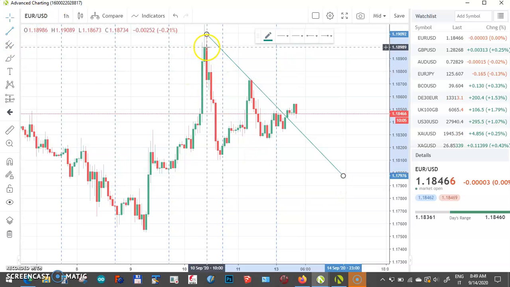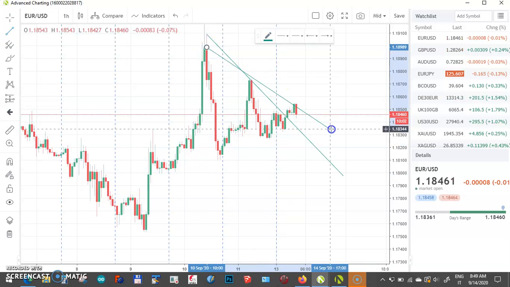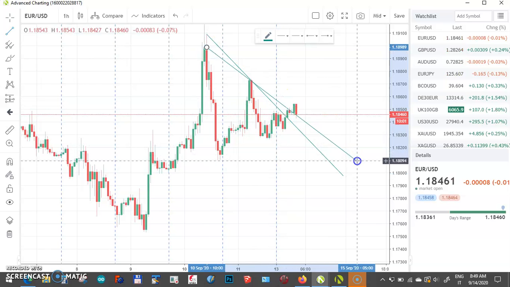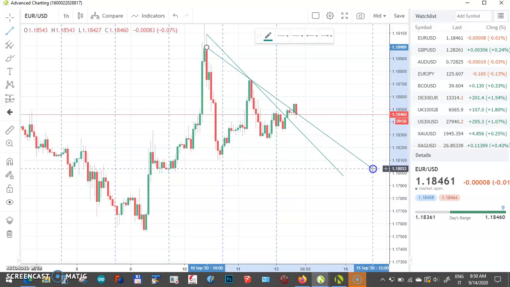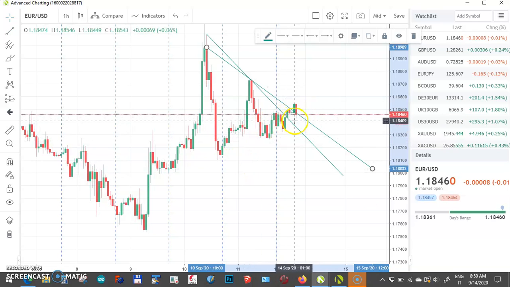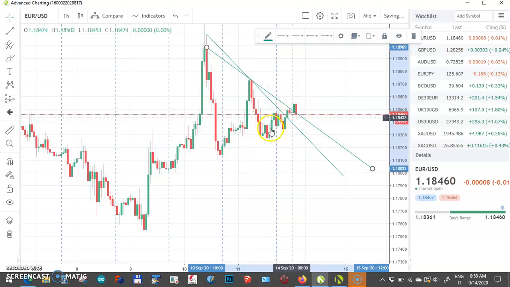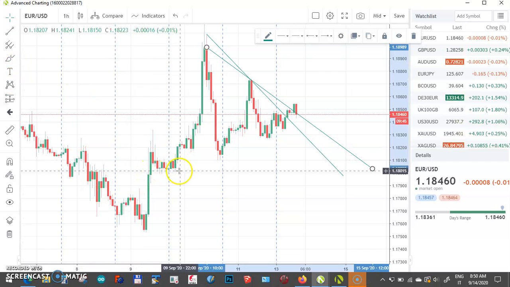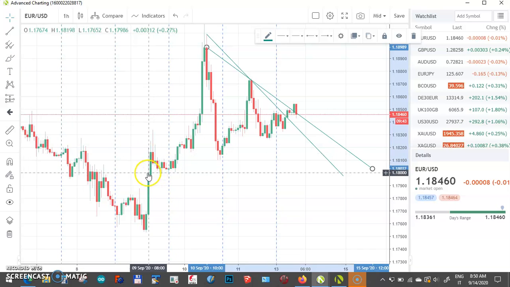If you draw with the price, the line is in this way. But as you can see, the line has been broken and now is retesting, and I can say there is a good chance that the